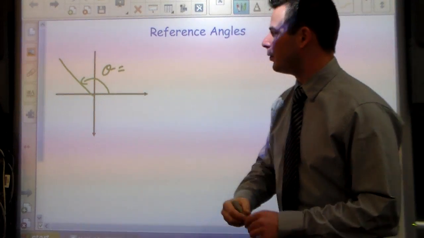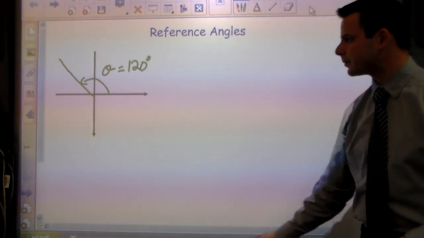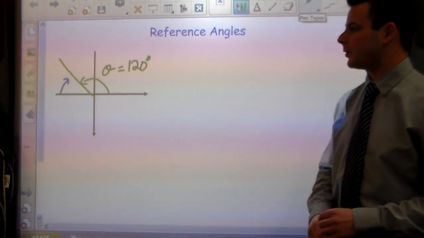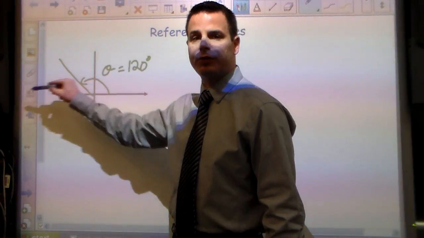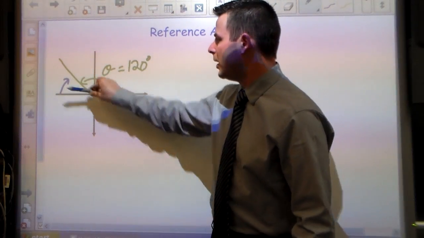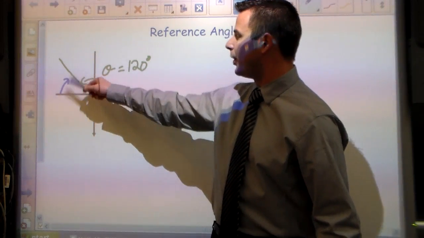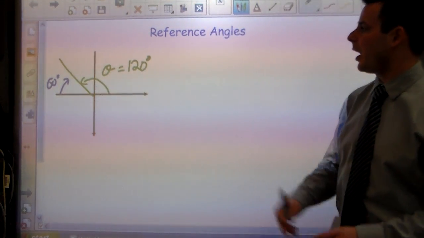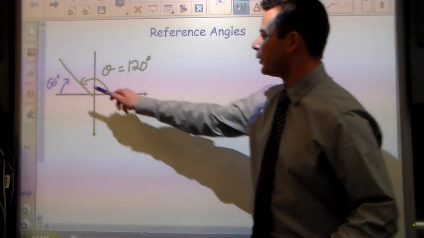let's call this angle of rotation 120 degrees. The reference angle is simply your distance from the x-axis. Now, in order to calculate a reference angle, just know that the x-axis is 180 degrees. You have to think, am I before 180 or am I after 180? In this case, we're before 180 and we're going 120 around, which means we would have 60 remaining to get to the x-axis. Therefore, our reference angle for 120 degrees is 60 degrees because that's how far we are from